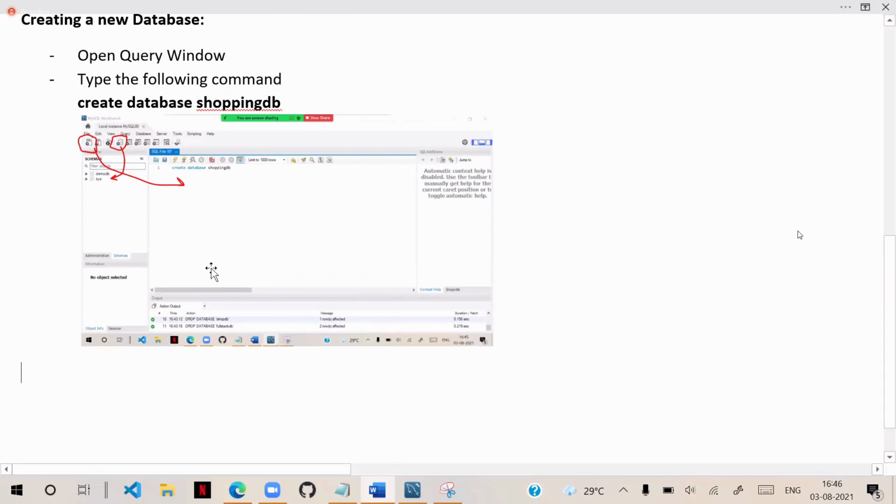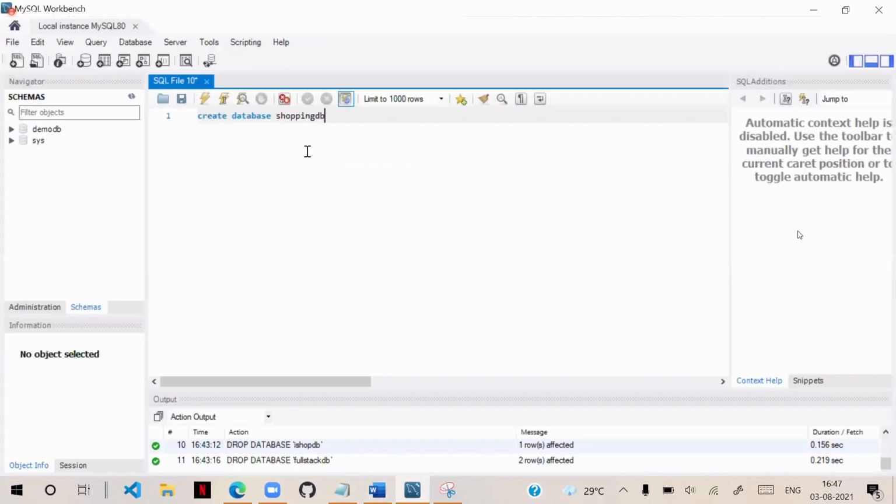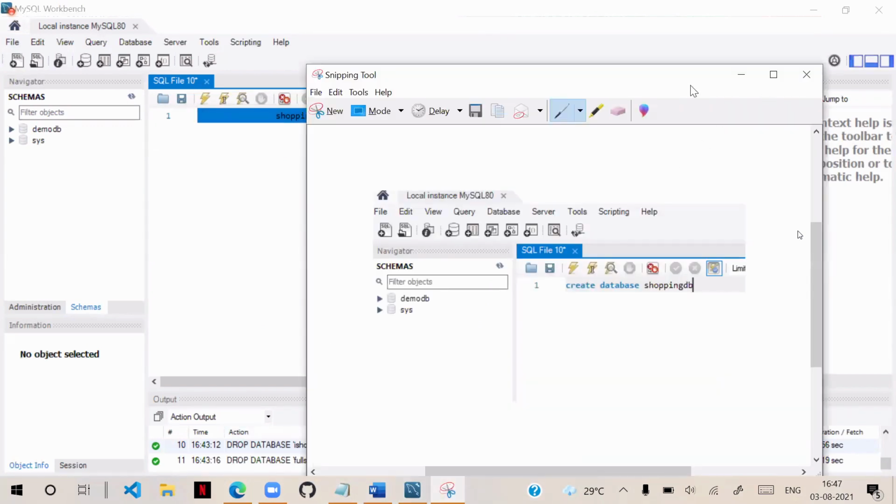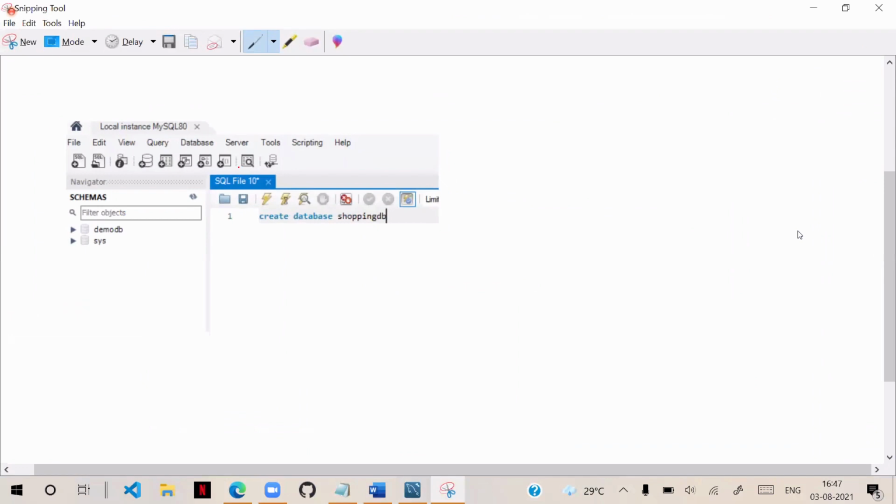Now, after writing that, you see here, I have to select this line and execute. To execute, you need to click on this particular button, the thunder symbol.